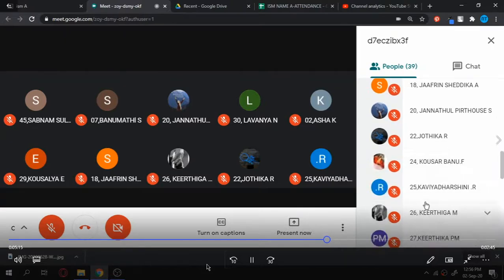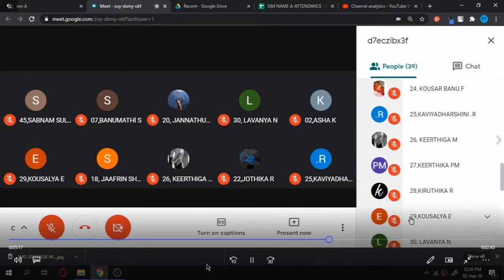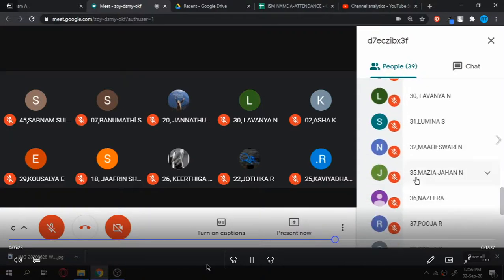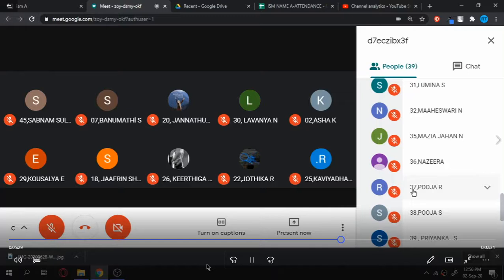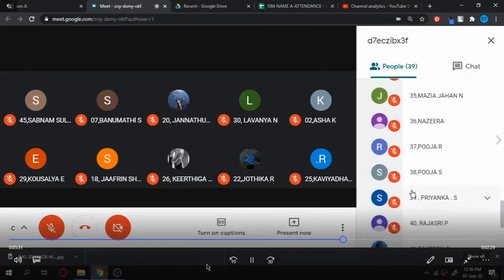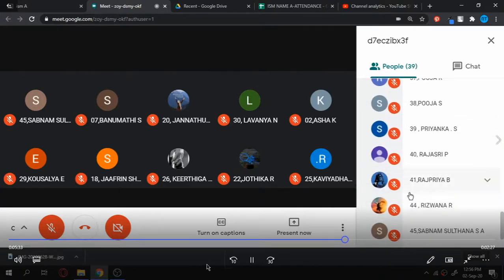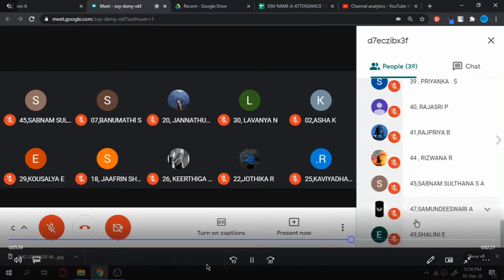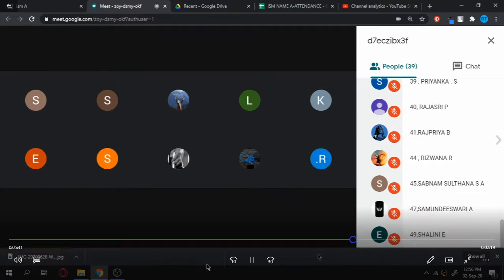So 19 is absent, and then after 21 is absent, then 23 is absent. Likewise, by the order, I can just make a note on a bit of paper, and I can update this. Finally 33 and 34 are absent in this class, and then after 35, 36, 37, I have to just check with the next student. 38, 39, everyone is present, okay. So 42 is absent here, and then I have to note it down. 42 and 43 absent, then 46 is absent, and then 48 is absent, finally 50 is also absent.